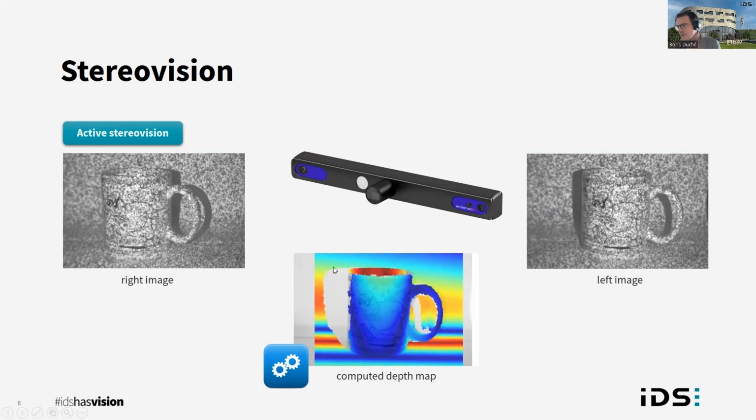It's not perfectly accurate, but the idea is to show you that wherever you can see the shadows on the right image, if you go on the left image, you don't have the same information. Same thing on the left image, I have shadows in here, shadows on the left of my cup. I don't have the same information in the right image, so my matching algorithm will fail. This is a limitation of active stereo vision cameras. Hopefully, with Sensor, you can work with multiple cameras together and get rid of the shadows.